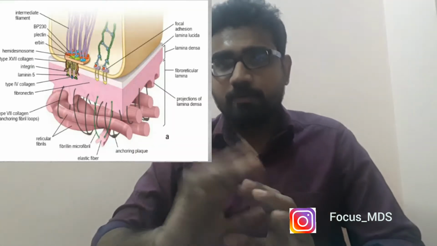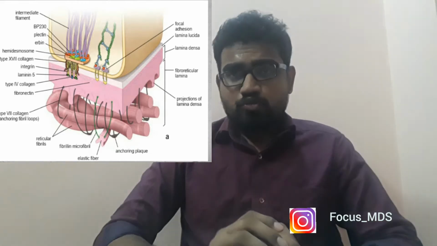As in any basement membrane, it will have type 4 collagen. It will also have some proteins, and a very important protein, if you ask me, is laminin 5. So laminin 5 is very important. Just keep that in your mind, I'll tell you where it is actually used. The basal lamina is divided into lamina lucida and lamina densa, as we discussed. The lamina lucida is the electron lucent layer and the lamina densa is the electron dense layer. Just keep that in your mind.